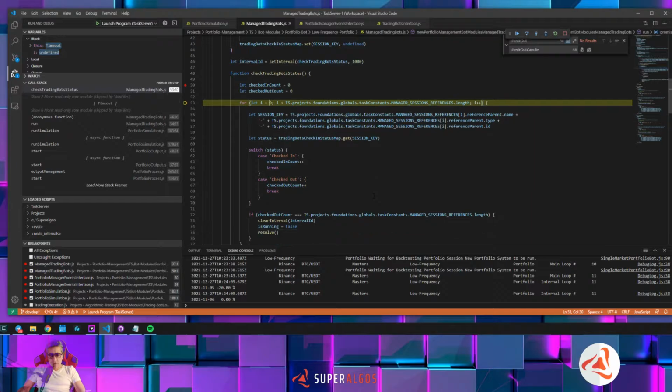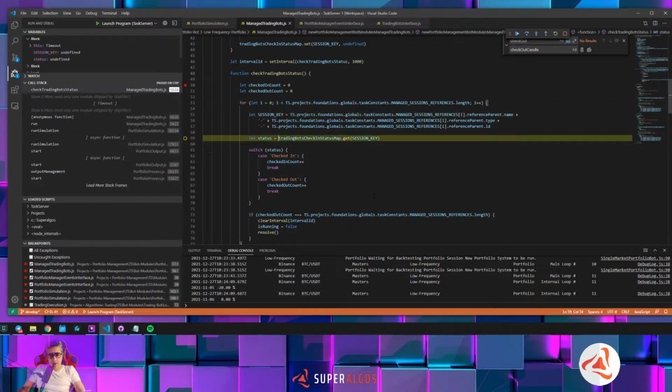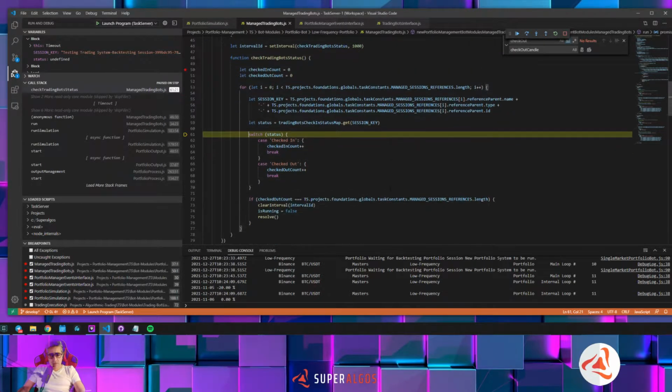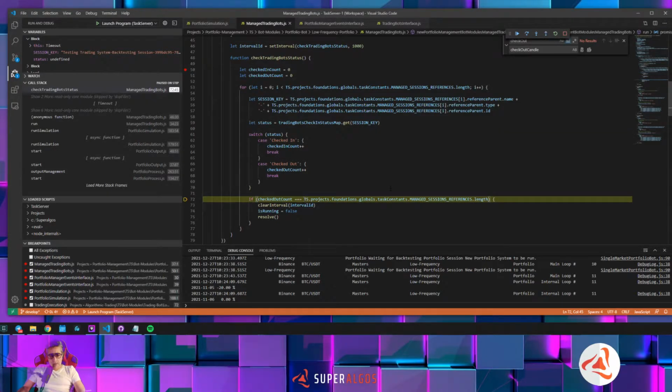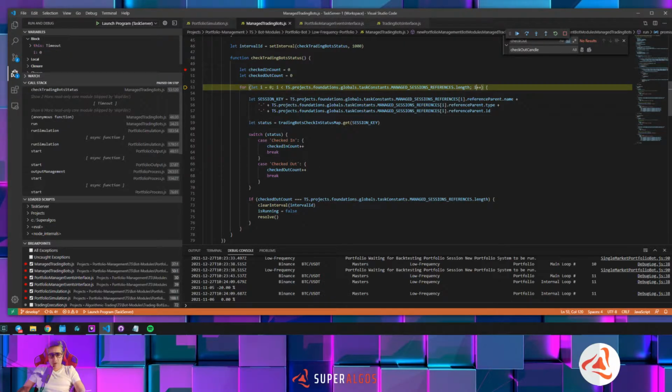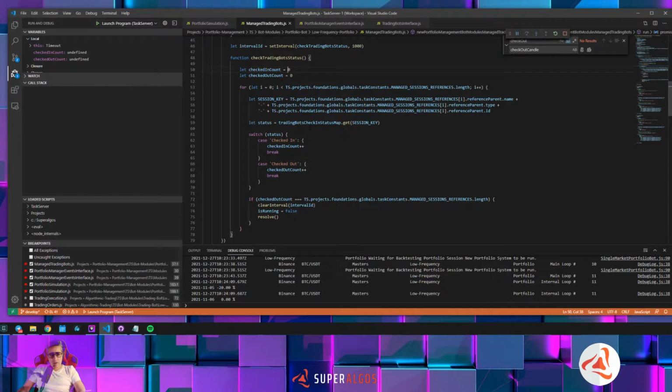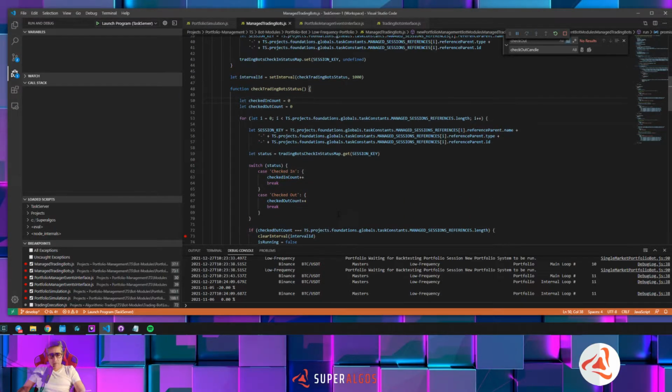So from here we are going to iterate through all the trading bots, check the status is undefined, and if this is equal this, which is not, then we will resolve, otherwise we will get into this loop again and again and forever. So this guy is going to be looping here, and we will put a breakpoint inside here. Okay,